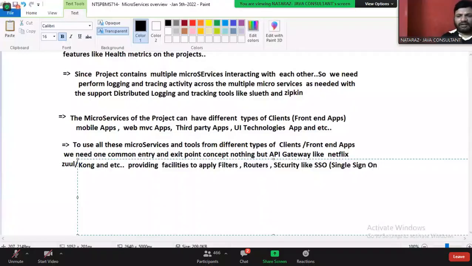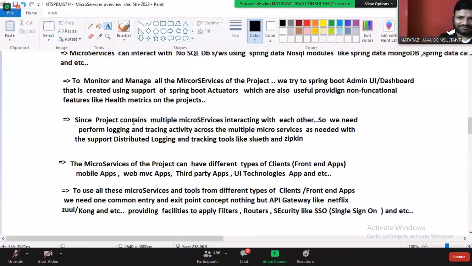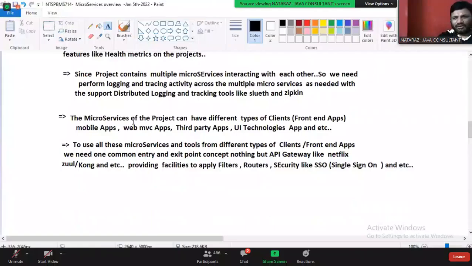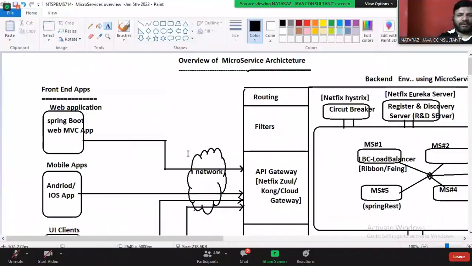Single sign on and etc. Are you getting my point, guys? Okay, I think you got the overall idea, boss.